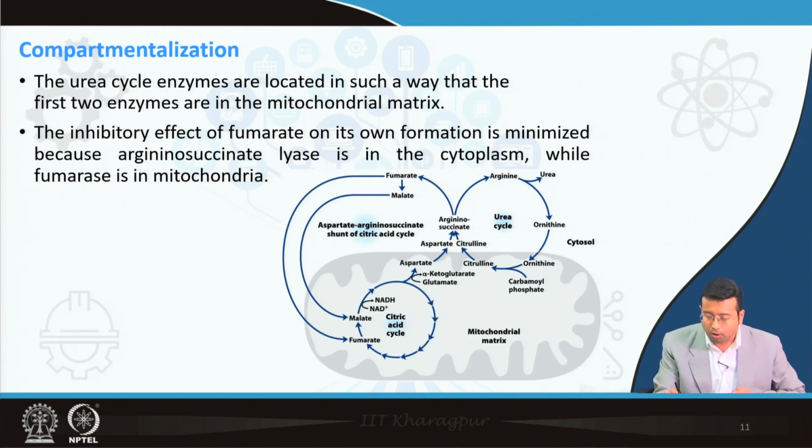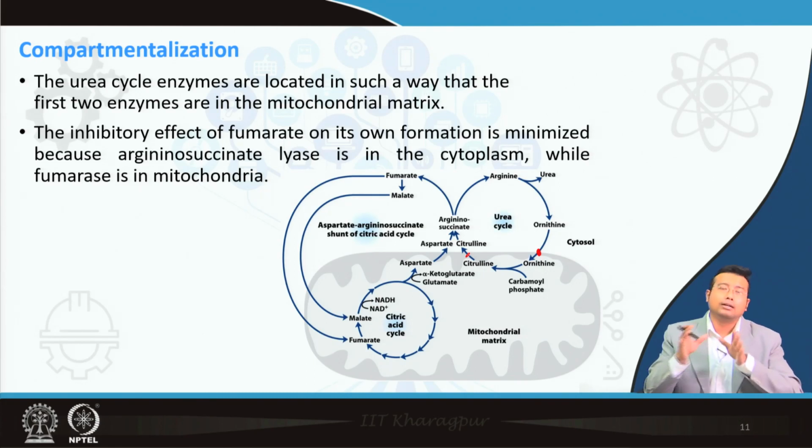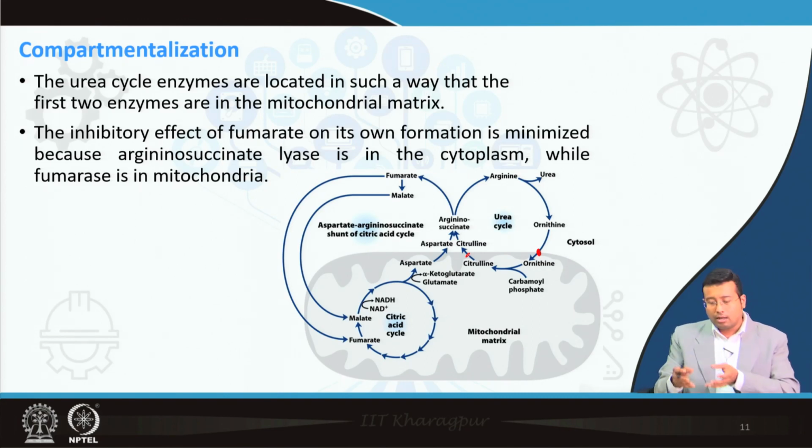For example, ornithine is transported via an ornithine transporter, and citrulline is transported out by a citrulline transporter. Few of these compounds are freely permeable through the mitochondrial membrane and do not need a transporter, right, but for ornithine there is a transporter which will also play a vital role in the urea cycle disorders. However, how does the compartmentalization help? Since the cycle is designed in such a way that a few steps are in the mitochondria and a few steps